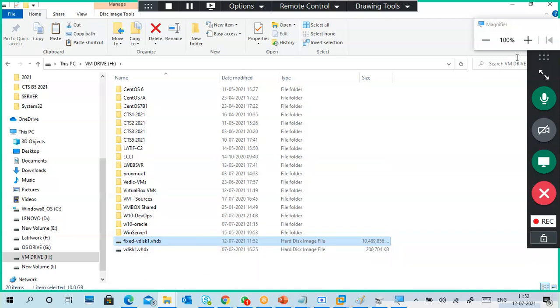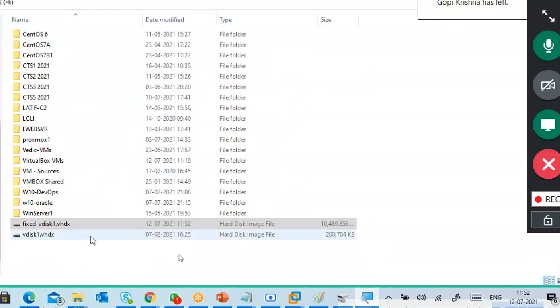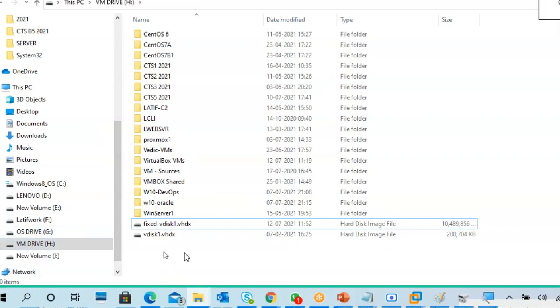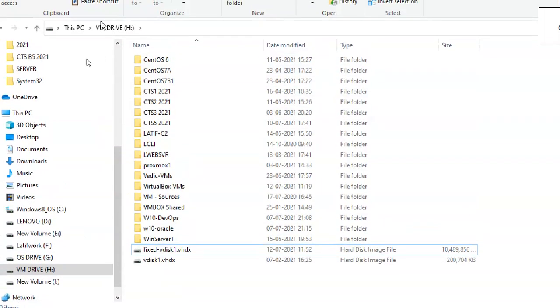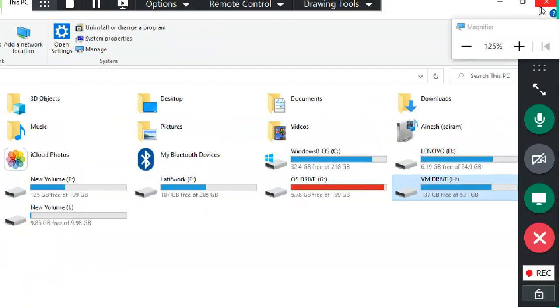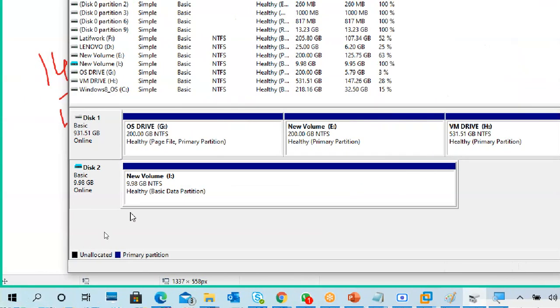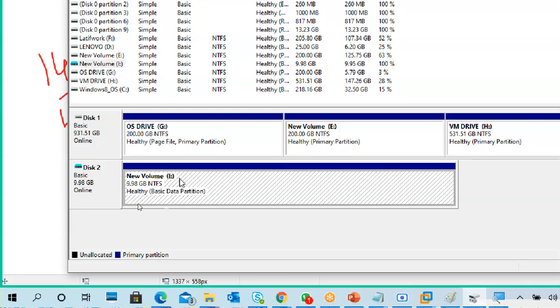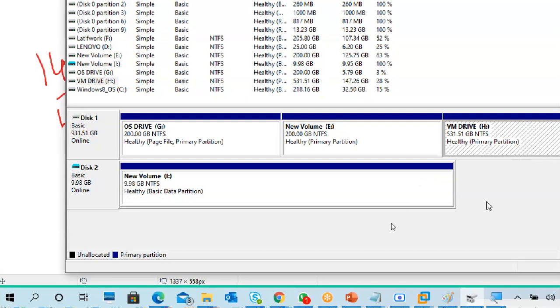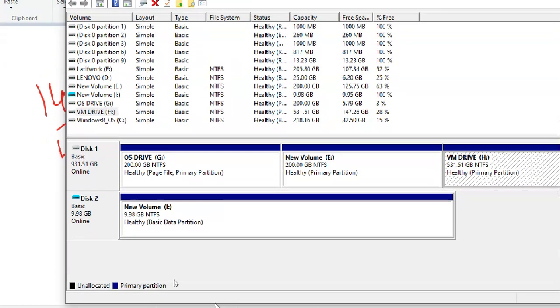It stores here only, not in any separate disk. Now this data stored in the I drive is actually storing in the H drive, inside that fixed VHD disk file only.